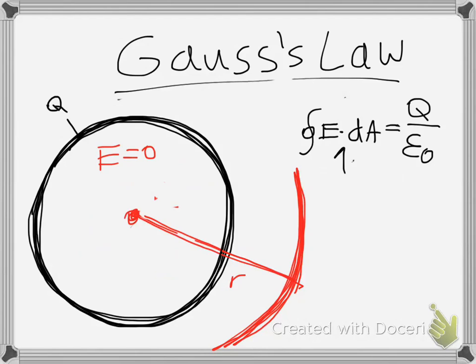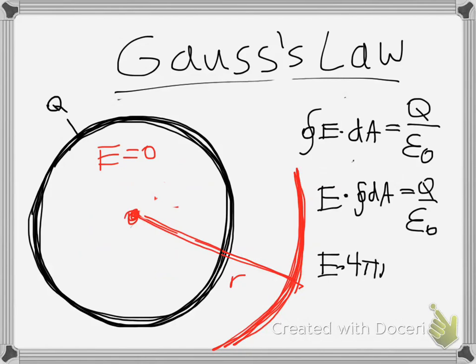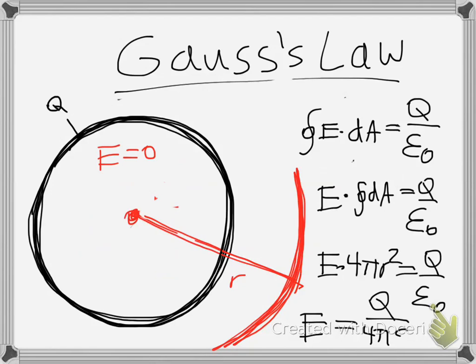And then if we simplify this, we have E times the integral of dA equals Q over epsilon naught. The integral of dA is just the area of this bigger sphere with radius little r. So E times 4 pi r squared equals Q over epsilon naught. And then we solve for E. We have E equals Q over 4 pi epsilon naught r squared. So that's the electric field